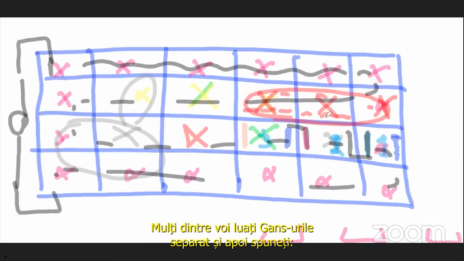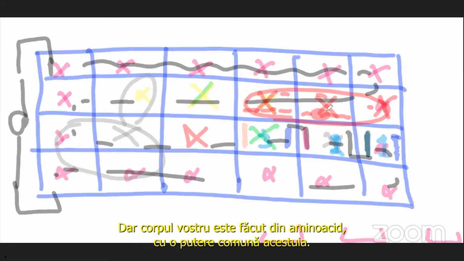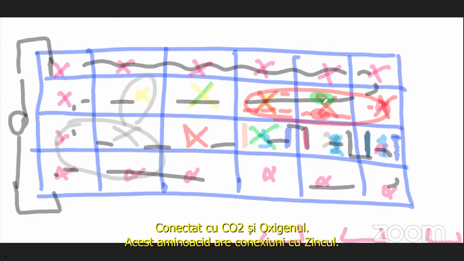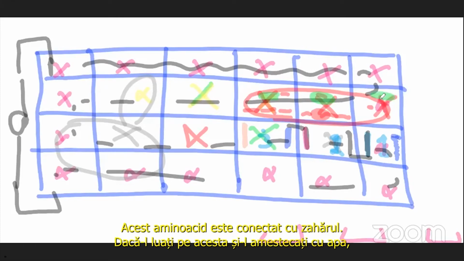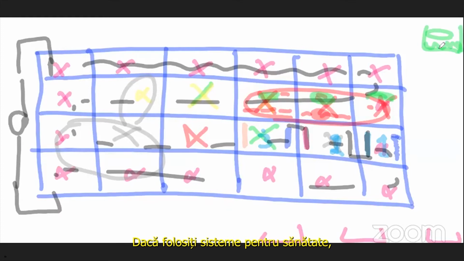Many of you take the GaNs alone and say, okay, this is a CO2 GaNs I've taken from this, or it's a zinc GaNs I've taken from this. But your body is made of amino acid with a common strength to it. So the amino acid, which most of you have not comprehended, is that this amino acid is carbon-related amino acid connected with CO2 and oxygen. This amino acid is zinc connection. This amino acid is sugar connection. If you take this and mix it with water, this is what you need for production of protein for a given disease, for certain effects. If you're running systems for health,